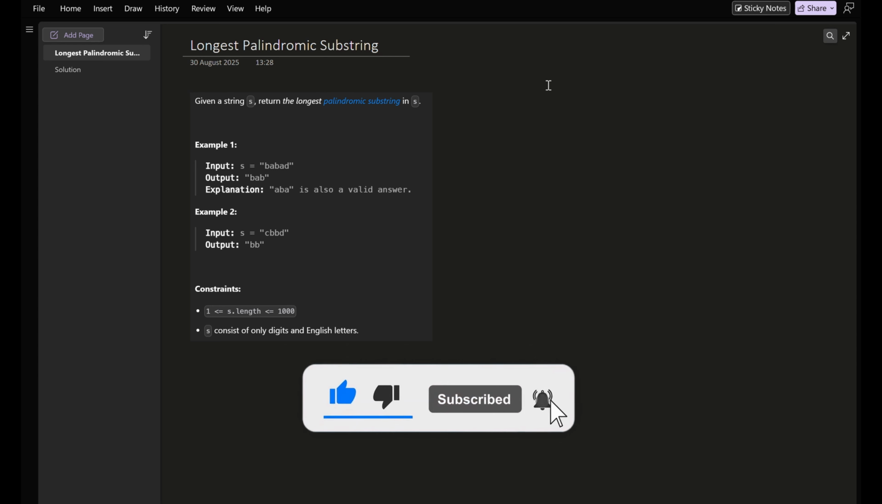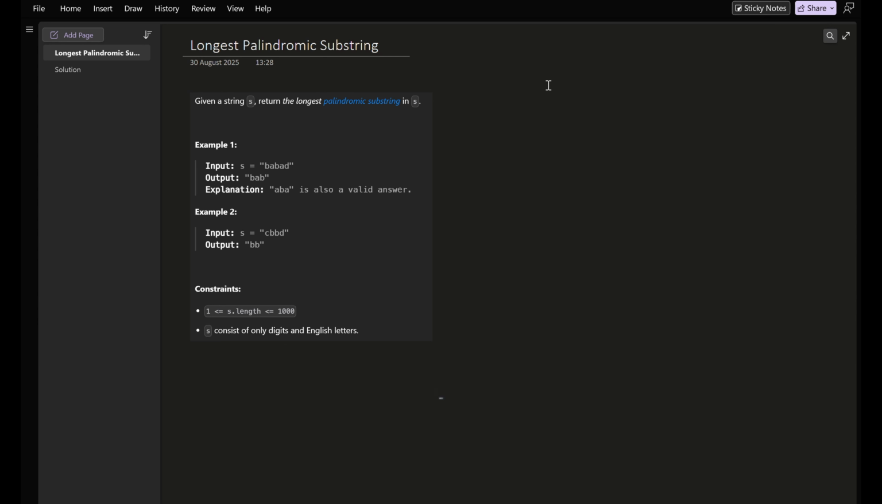The problem is longest palindromic substring, which means if you read a string from left to right or from right to left, you will read the same string. We need to find the longest such substring in it. For example,